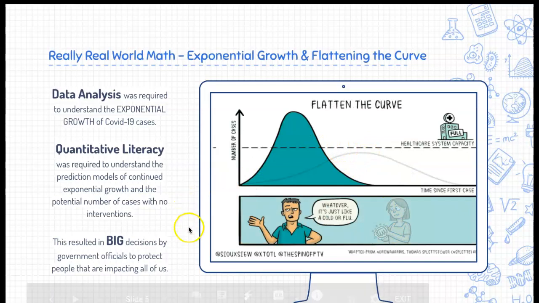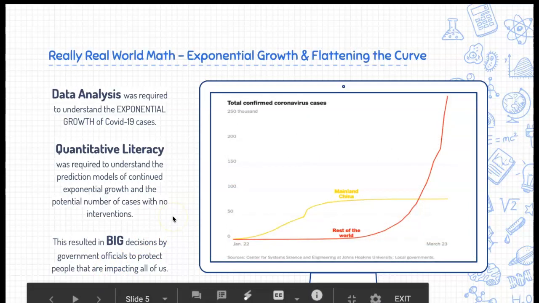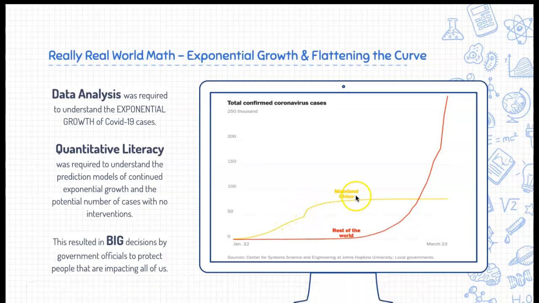curve. And so what evidence, you might ask, shows that flattening the curve is possible? Well, mainland China, where the start of this epidemic began. There, we can look to them for best practices because their drastic measures that they put in place, that we have modeled after, they did show to successfully flatten the curve. So you can see in the beginning here, early on, this was the exponential growth. And over time, it flattened, and their battle is still not over, but it has a continued demonstration that flattening